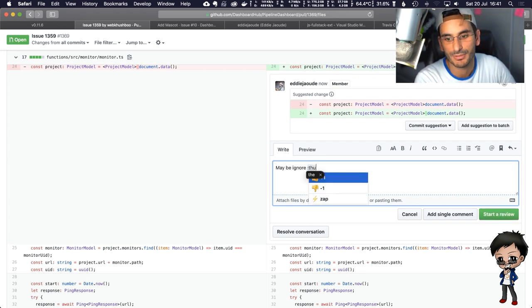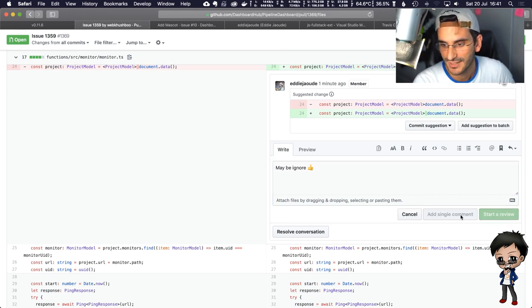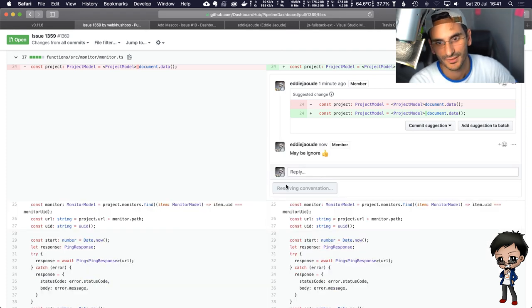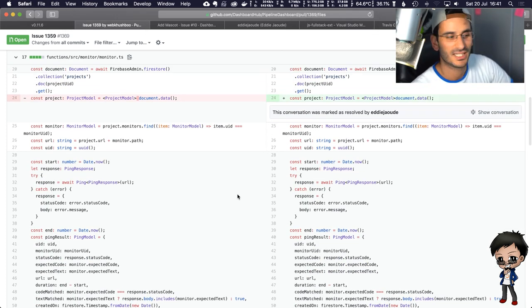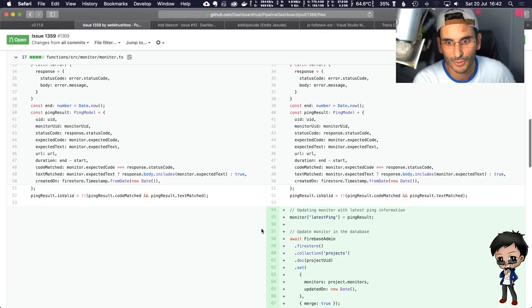I don't want to keep having commits where it's just us moving the space and then it automatically gets removed. Maybe ignore. So if I can add a single comment, I'm sure I can just hit resolve, get rid of it, done. See, it's all about learning. I think it's important that I've learned that there's no point. As much as my personal preference is to have a space there, it's not really needed. So that's fine.